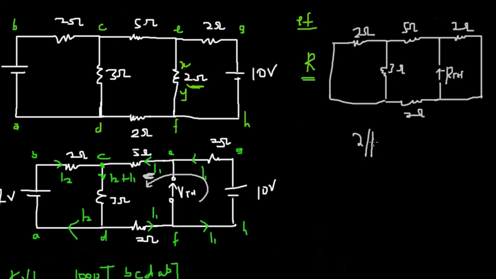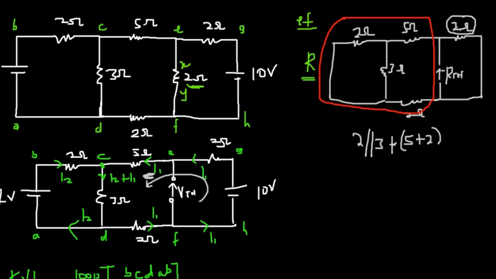So we have 2 in parallel with 3, plus 5, which is in series with 2. And then the whole of this will reduce and be in parallel with the 2 ohm. So 2 and 3 are in parallel, 5 and 2 are in series because the same current will pass through them. And then after finding that, the whole of this portion of the